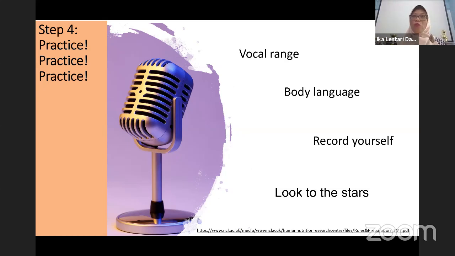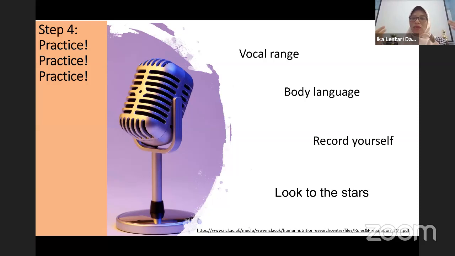Yeah, and then you can also use your body language. You practice your body language. Make sure that you don't use your hands too much, like this, waving your hands too much in the air, or you keep on fixing your hijab or touching your glasses, or maybe you're just playing with your hair or touching your nose, especially during this pandemic era. No, don't touch your nose or mouth quite frequently.